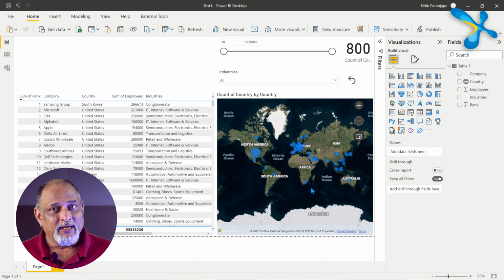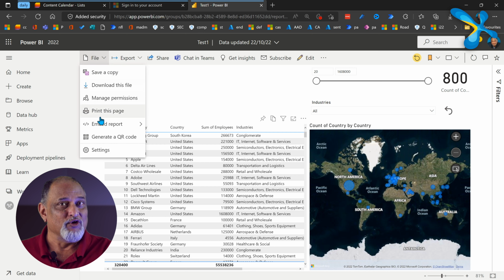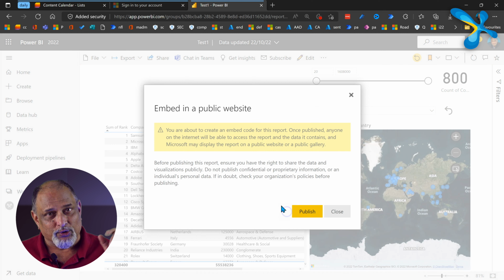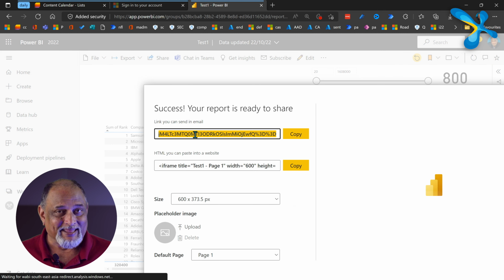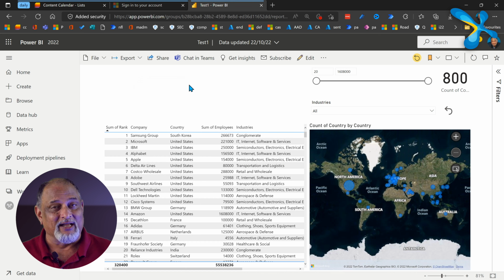Now that we are done, let's publish it to Power BI portal. Once you publish it, there are two ways in which you can share it, but I want anybody in the world to be able to see it. That is called Publish for Web. So you go to File menu, Embed, Publish for Web, and then you get a URL, which is the one which I have shown you above in the link. And that is how you analyze data from a web page and convert it to a nice, usable, relevant report.